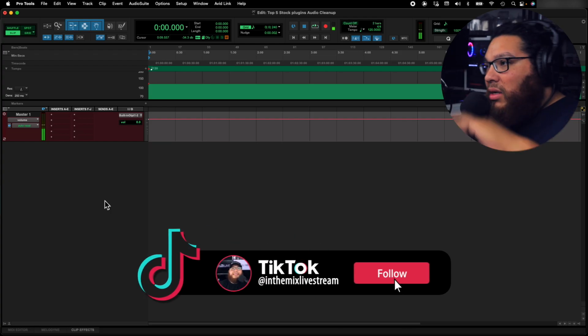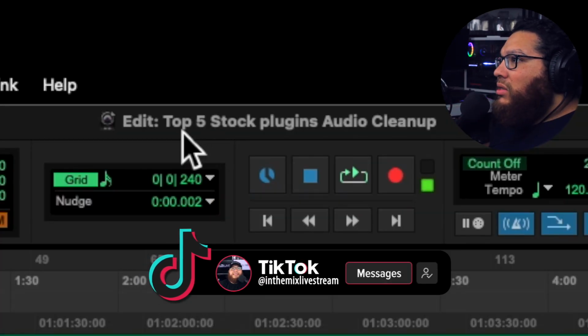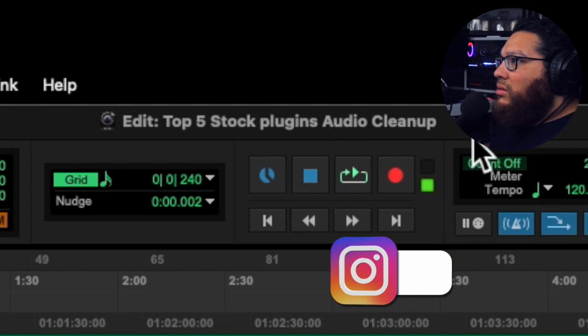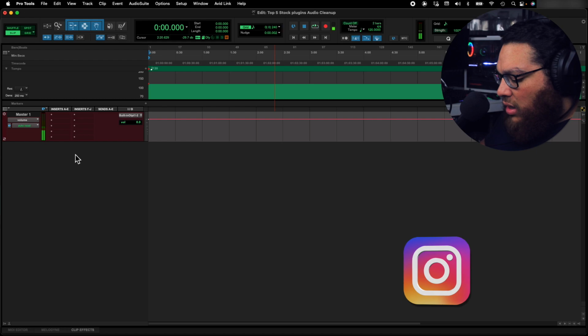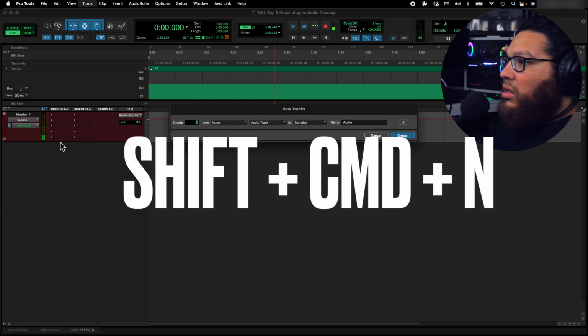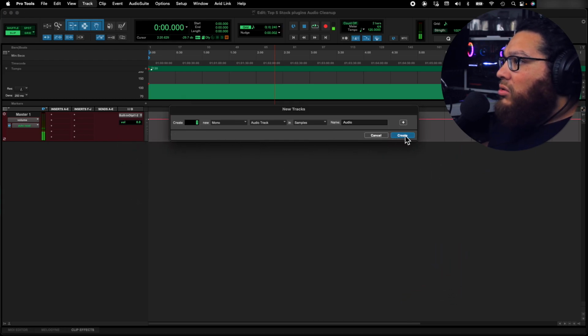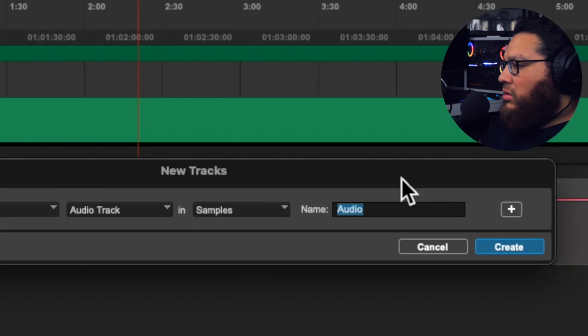You can see me in the corner here. So this is Pro Tools. I renamed this session as top 5 stock plugins, audio cleanup. So first off, I want to do an audio recording, but I need to make some tracks. So I'm going to do Shift Command N, and we're going to make a mono audio track, and let's just name this test recording,